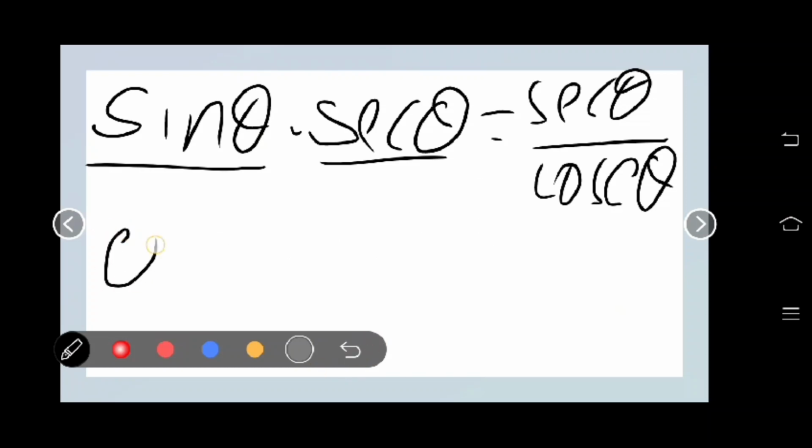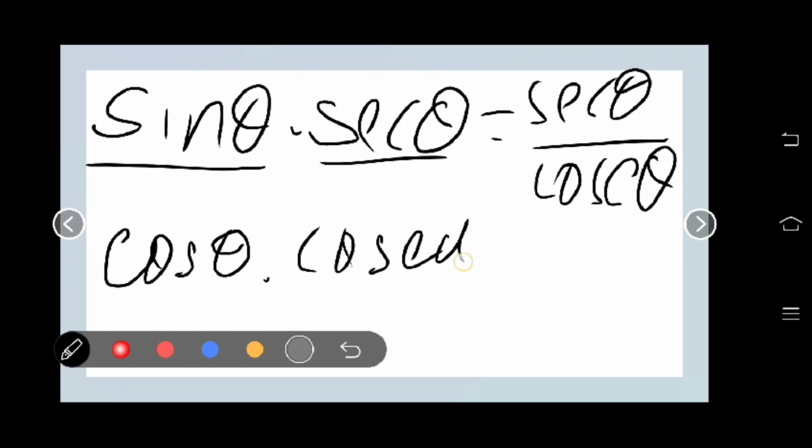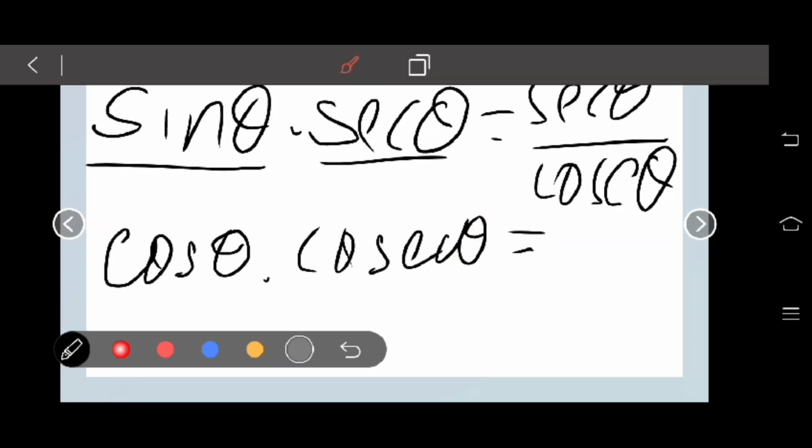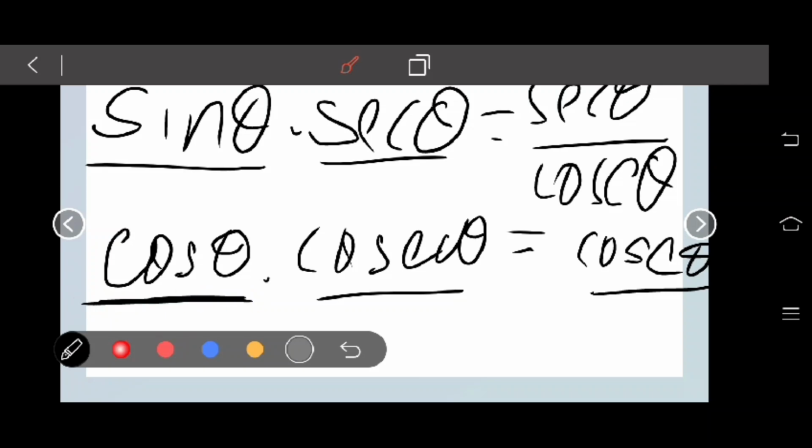Now let's see cos theta into, now what is the formula of cot? Cot is cos by sine. So cos is remaining as it is, so sine changes to its reciprocal, cosecant. Cosecant theta. Now again, when it is changing to its reciprocal, cos will go to the denominator and this cosecant will become its numerator. So cosecant will be the same. Cosecant theta by this cos theta, which changes to its reciprocal. What is the reciprocal of this cos theta? Secant theta. So you have derived.